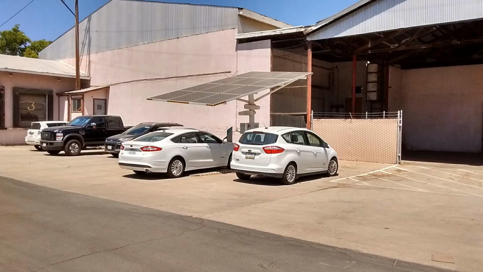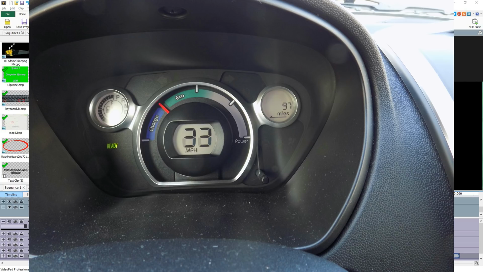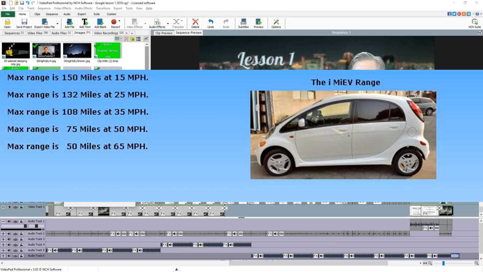A lot of other people have asked me, well, what is your range on your car? Well, that depends on how fast I want to drive. I did drive 101 miles on the very first day, but I wasn't driving very fast. I was driving around town. So if you're going just around town and there's a lot of stop and go traffic and you can't really go very fast anywhere, then yeah, you can get over 100 miles pretty easy.